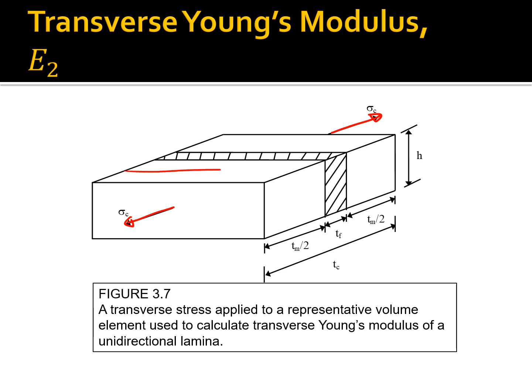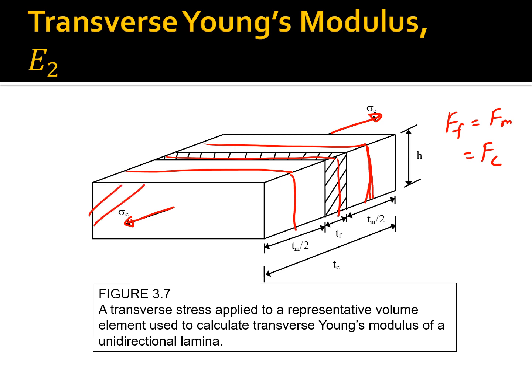The other thing to understand is that if we take any cross section, whether it is in the fiber or in the matrix itself, if we draw the free body diagram, we'll find out that the force in the composite will be same as the force in the matrix. Force in the fiber will be same as the force in the matrix, will be same as the force in the composite.